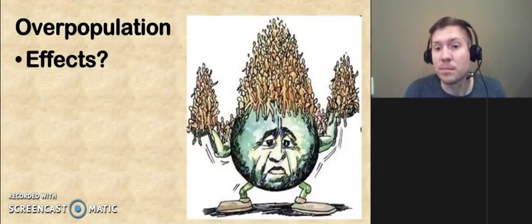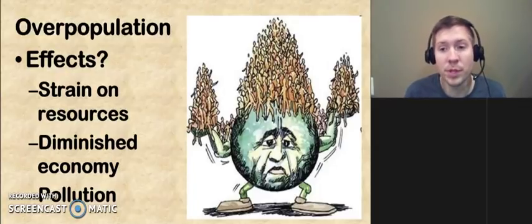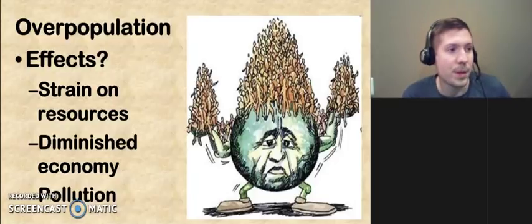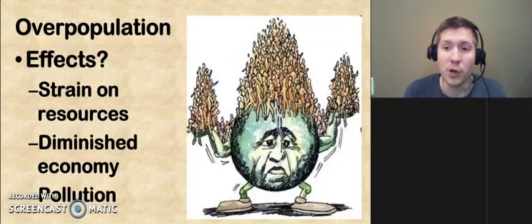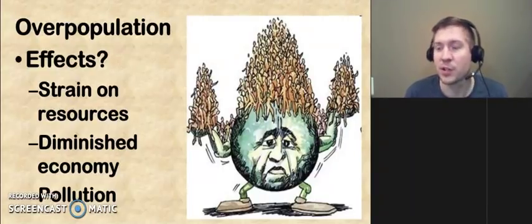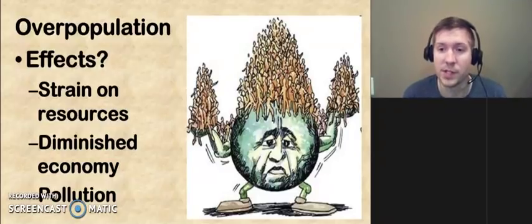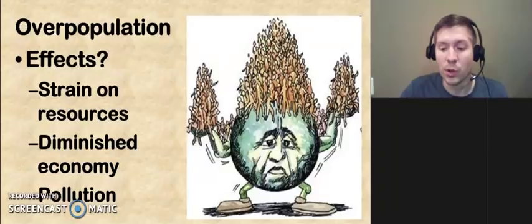We have to ask ourselves about what are the effects of overpopulation. One of the biggest ones is it puts a huge strain on resources. More people means we need more food, more water, more housing, more products, more goods need to be available. There are some studies that show overpopulation reduces the economy. While we need more things, the effects of extra people sometimes outweigh the benefits of producing those goods. And of course, more people means more pollution, especially depending on the organization of the people in huge cities or suburbs, etc.